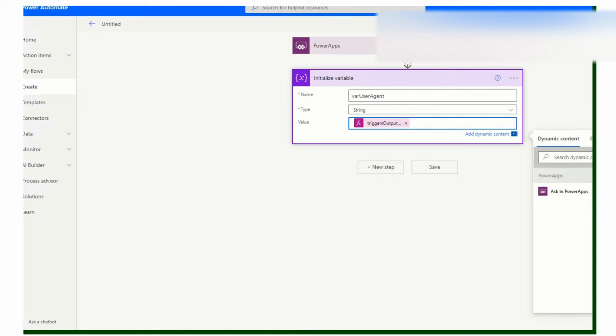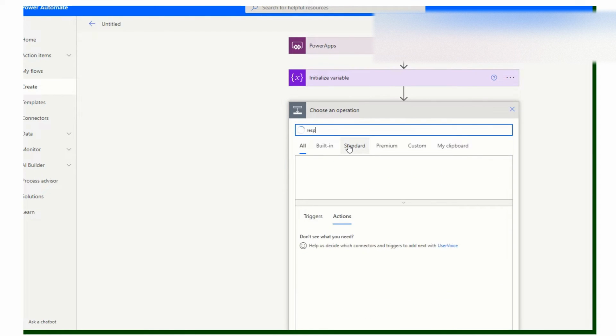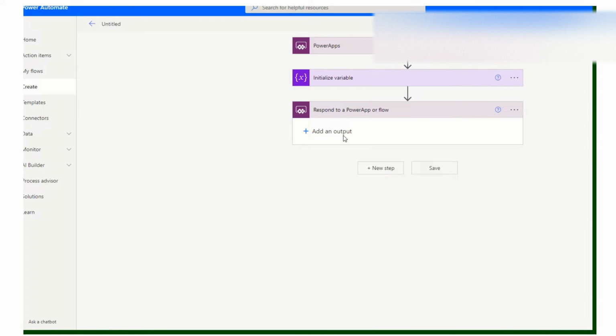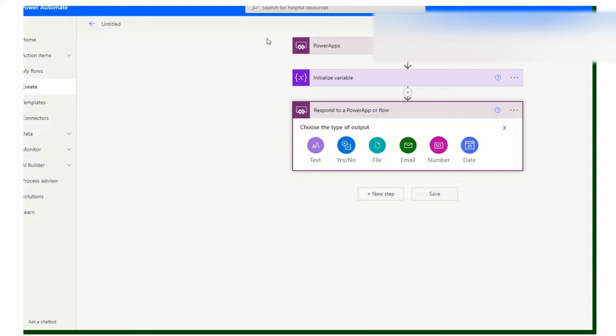And then the next step is Respond to PowerApps or flow, and then add an input.